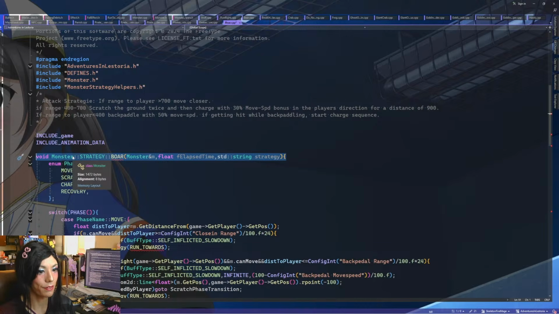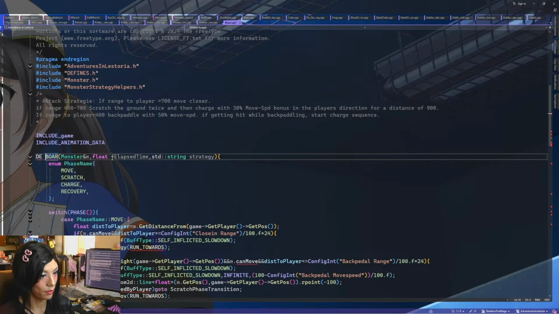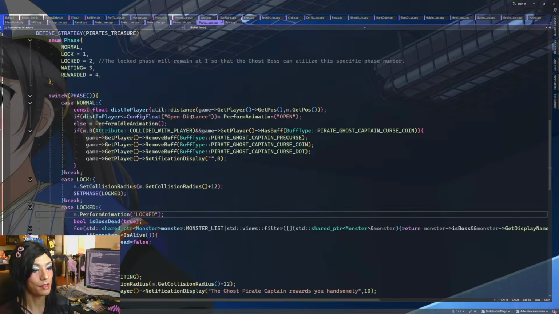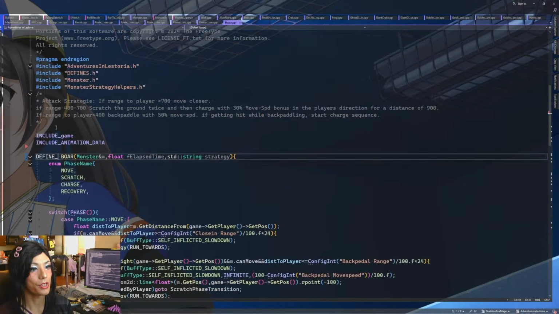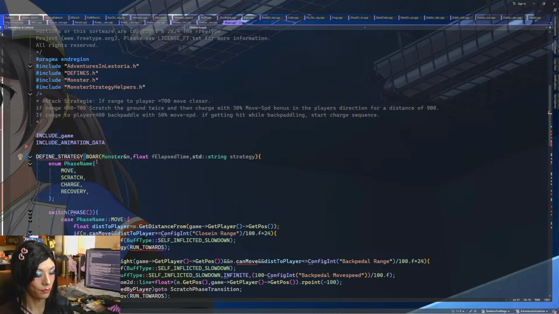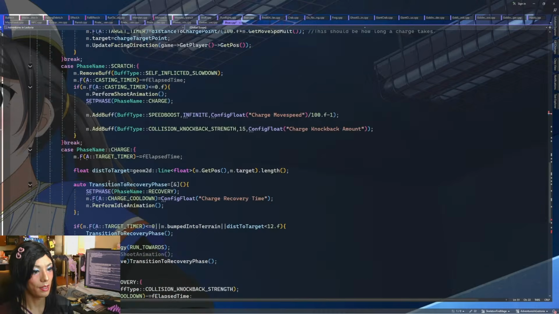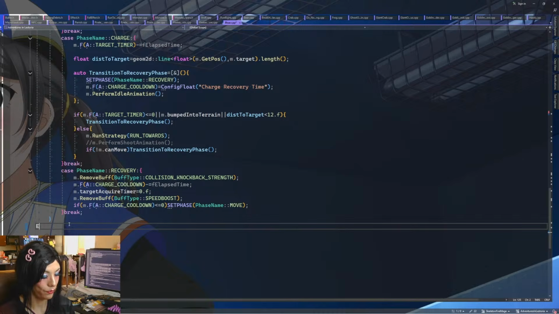This should be define strategy. Or what is it called? Define underscore strategy for, and then end underscore strategy.